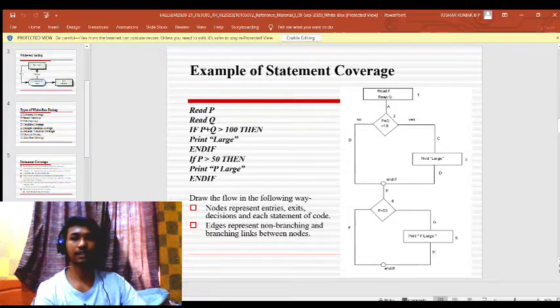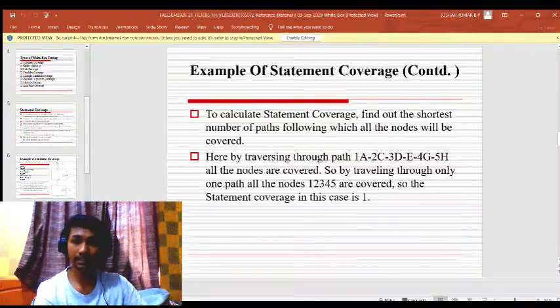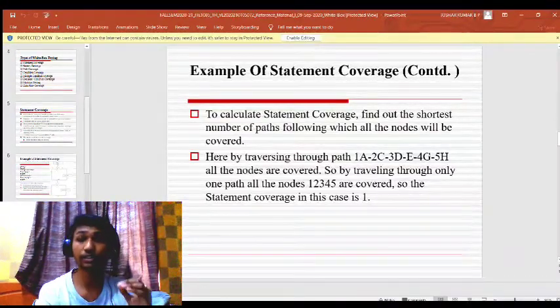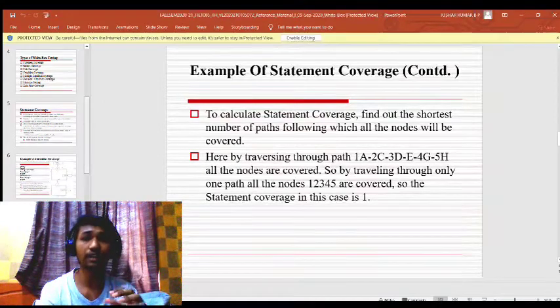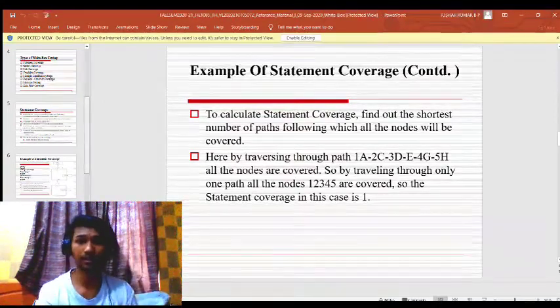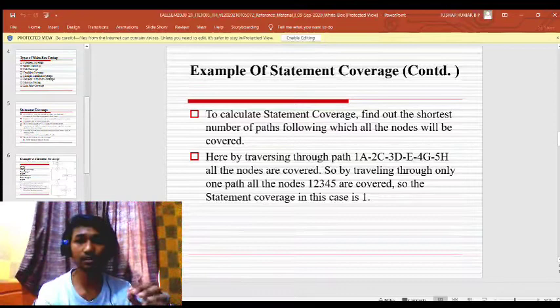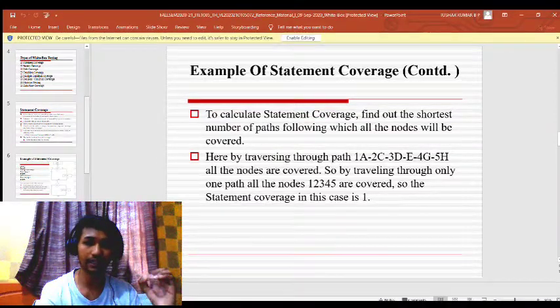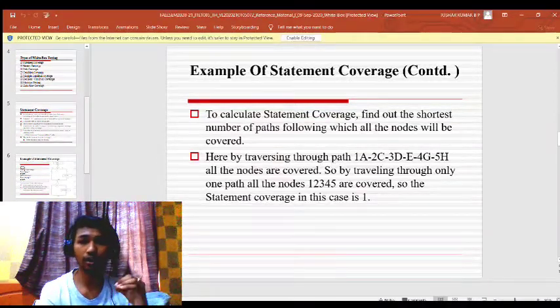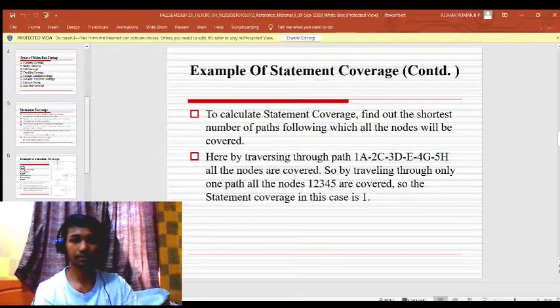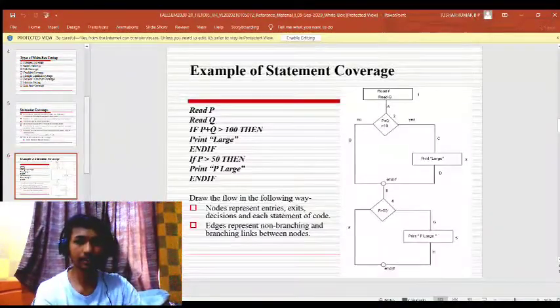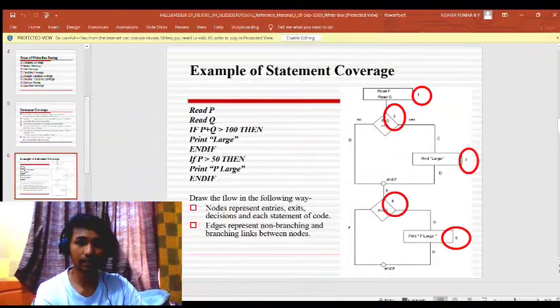Now, let's see what's going on here. To calculate statement coverage, we should find the shortest number of paths in which all the nodes might be covered. Here, by traversing through path 1A, 2C, 3D, E, 4G, 5H, all the nodes are covered. Let me show you. Here you can see the nodes 1, 2, 3, 4, 5.